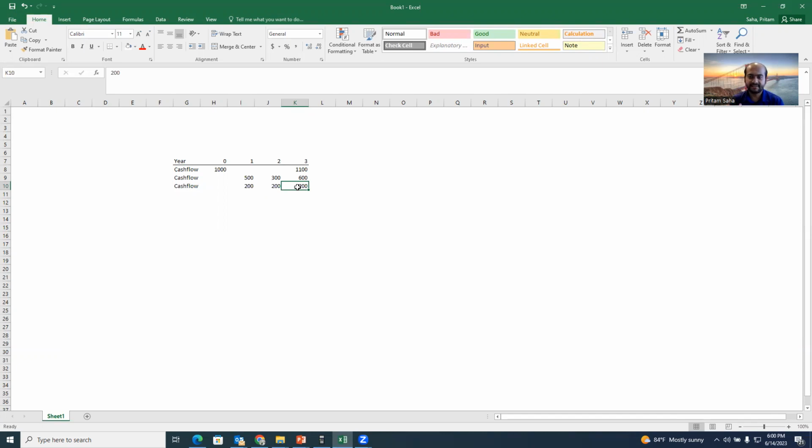Because in finance, there's an easy technique to solve that. In finance, when we say we have a finite series of cash flows, by finite series, I refer to the cash flow will end. Cash flow will not continue forever. So in finance, when you say a finite series of cash flow with equal amount,